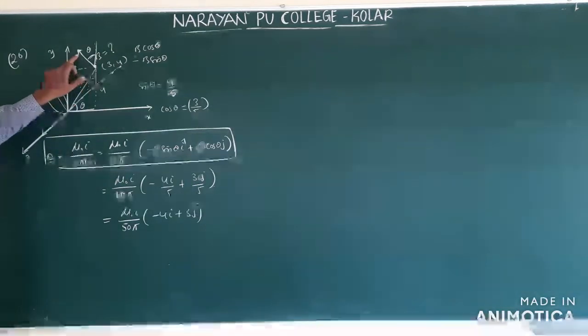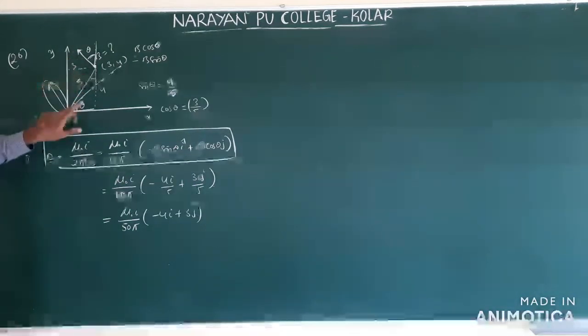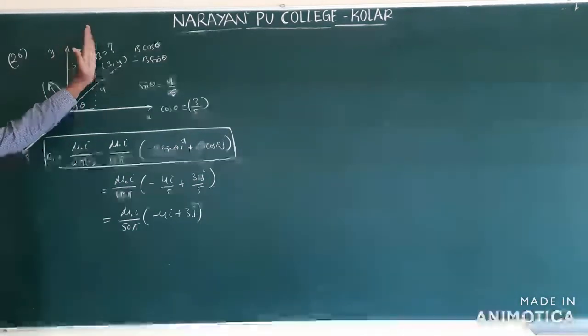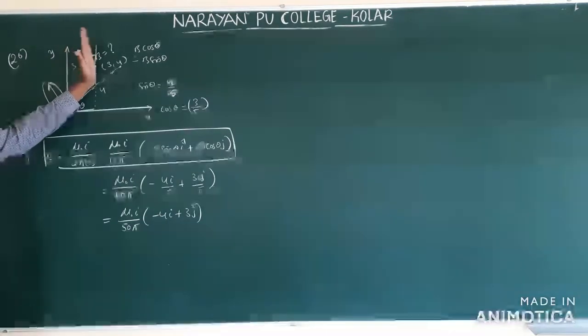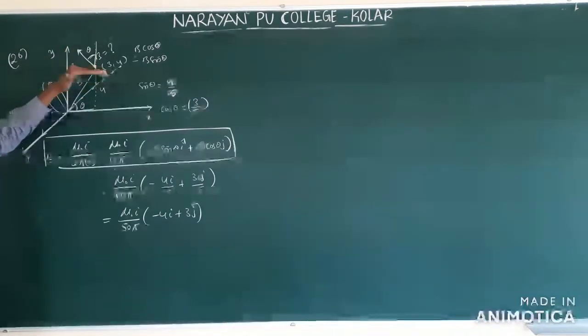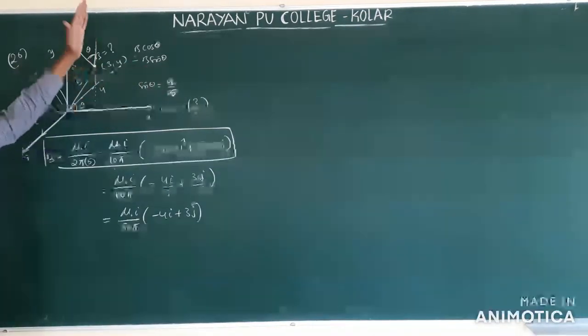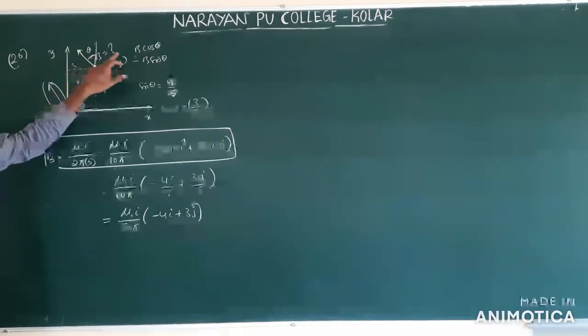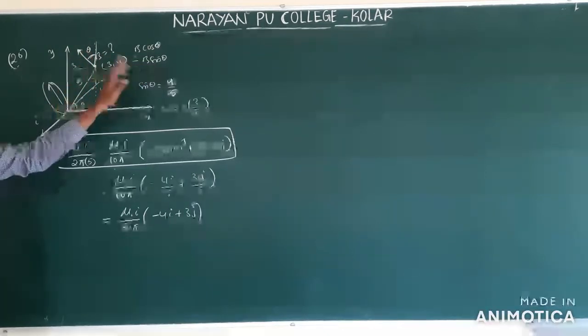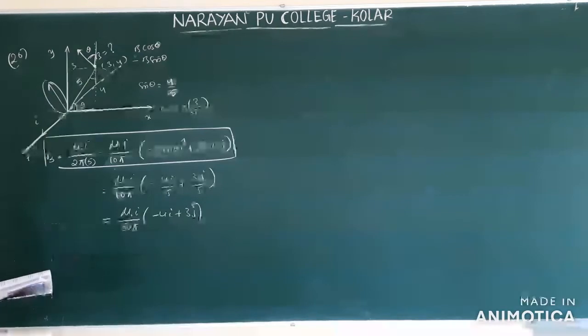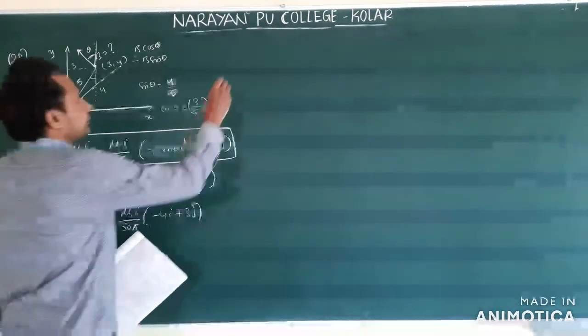So this is field vector B, and we break this B into components along the y direction and along the x direction. This vector is acting opposite, that's why I took minus. This is acting up, positive. The side subtended by theta is always cos theta, the other side is sin theta. Clear? And next, 27.